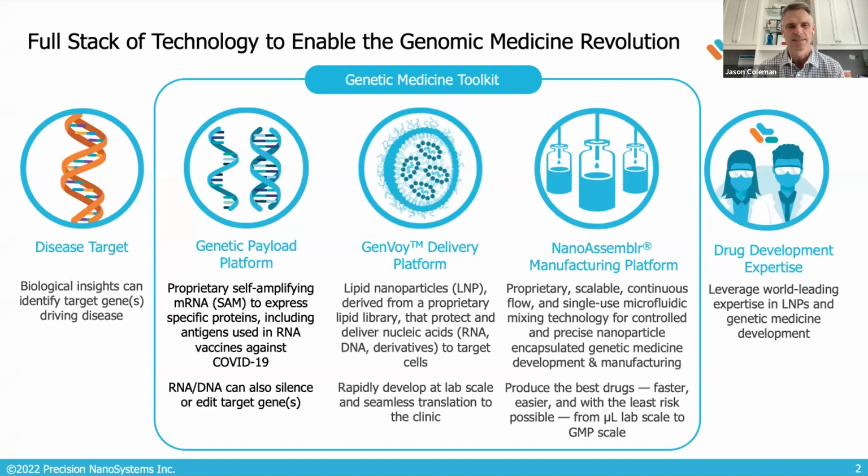So to start, for a COVID vaccine, we obviously have our disease target. We're trying to use an RNA that'll replicate the COVID spike protein. Under the pillar for a genetic payload, as I mentioned in the title, we're using self-amplifying RNA versus more traditional messenger RNA, because the COVID vaccines on the market today, from Moderna and BioNTech,